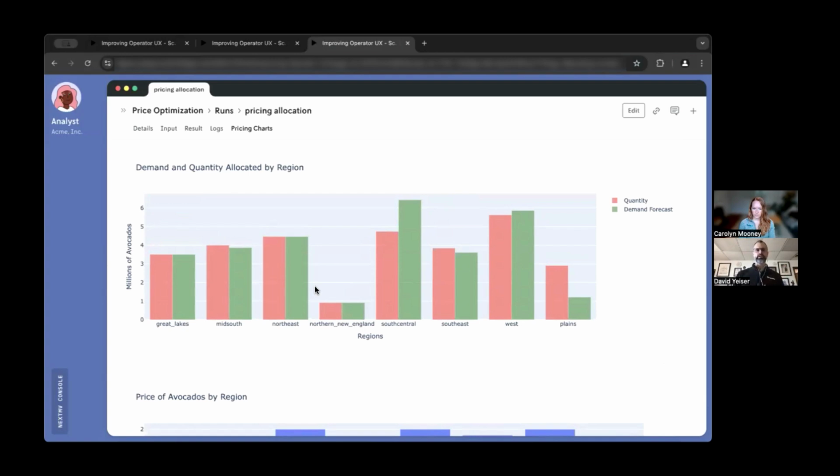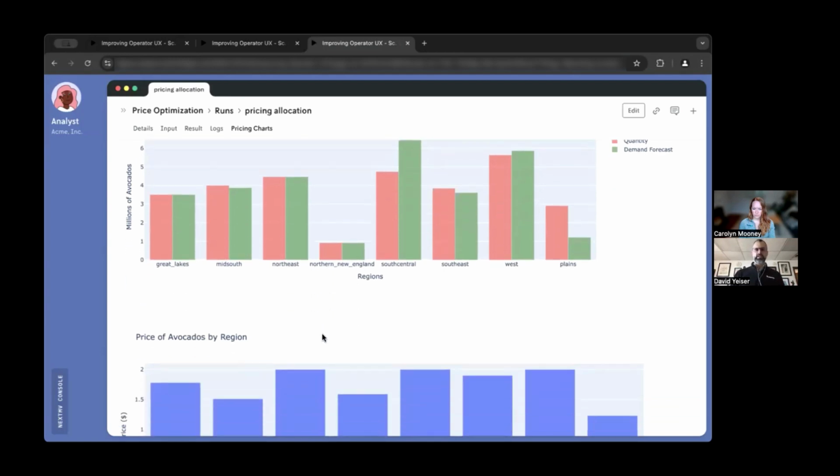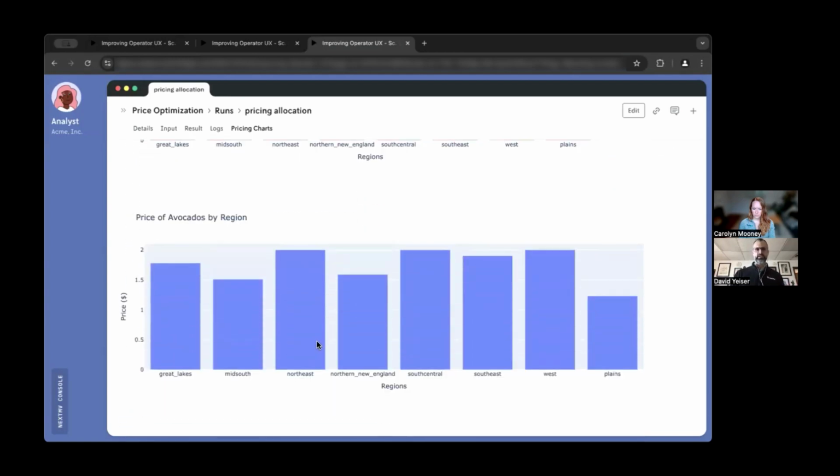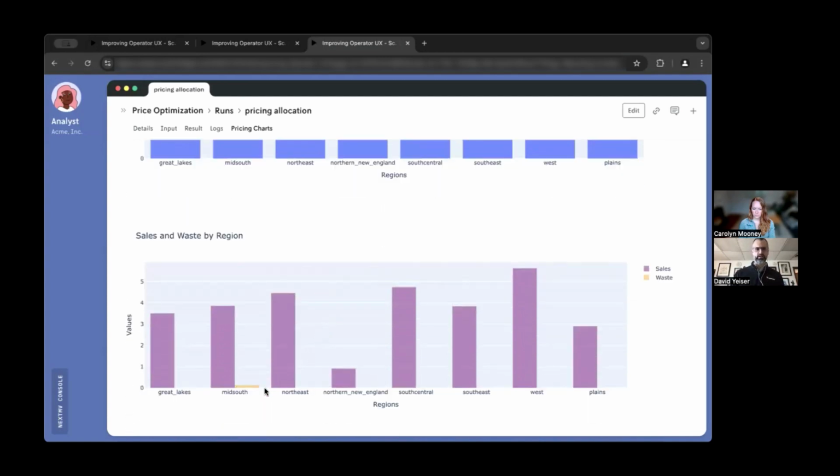And we support Plotly and Chart.js. So any sort of chart you can do in those two libraries, you could do with your custom visuals. And then we also support interactive maps. Anything you could do in GeoJSON, you could do on a map as part of your custom run visualizations. So anyways, let's say in this scenario, the analyst is reviewing the charts and sees that there is waste